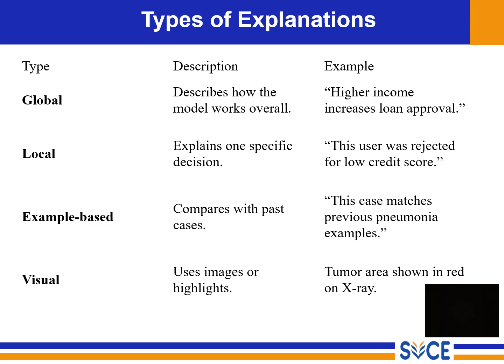The first one is global explanations, which means understanding the entire model. The global explanation tells the overall logic of the AI model. It doesn't focus on one person or one case. Instead, it explains the general pattern the model has learned. For example, in loan approval, as income increases, the chance of loan approval also increases. This tells us how the AI generally thinks about all the users. So, how does the AI make a decision in general?